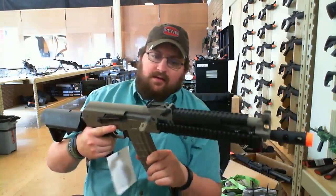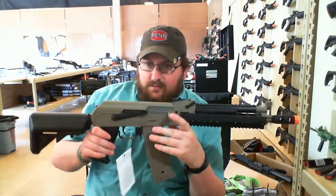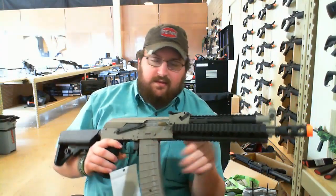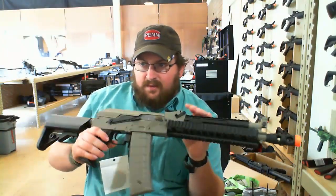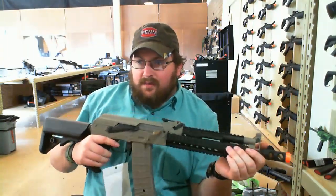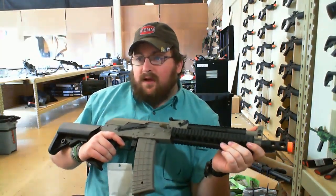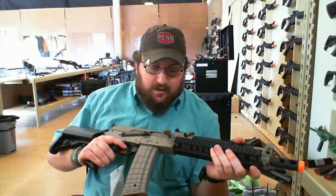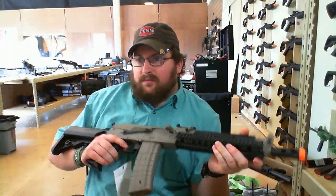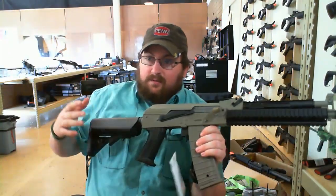Now it may be a budget line and an entry level, and there's parts on here which I find funny: the body's plastic, but when you show it on the trunnion on the other side, it's metal, and this is metal. So part of this is a good entry level AK. I'm doing great. I will sit here and say the build quality for this is actually pretty decent. Nothing feels cheap. There's no wobbles. Everything is where it should be. But as Lancer Tactical is as a company,